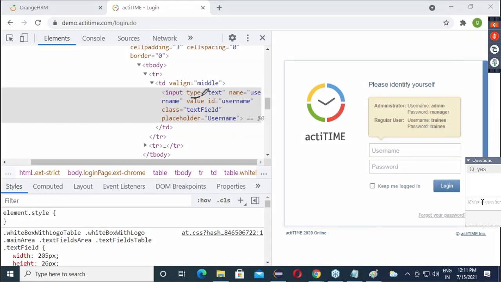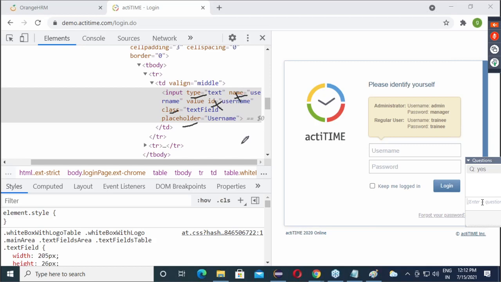Type available, name available, then ID available, class, placeholder. So ID, how it will work? We are aware. Name, how it will work? We are aware.